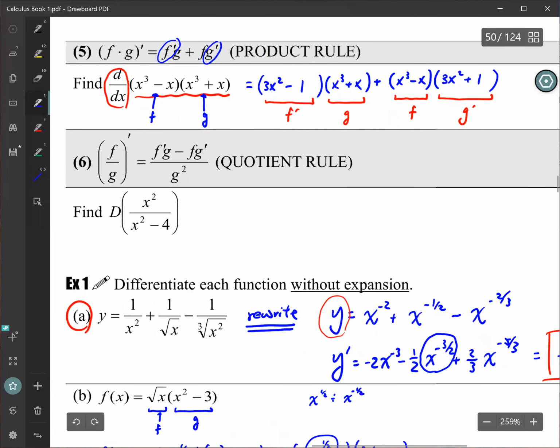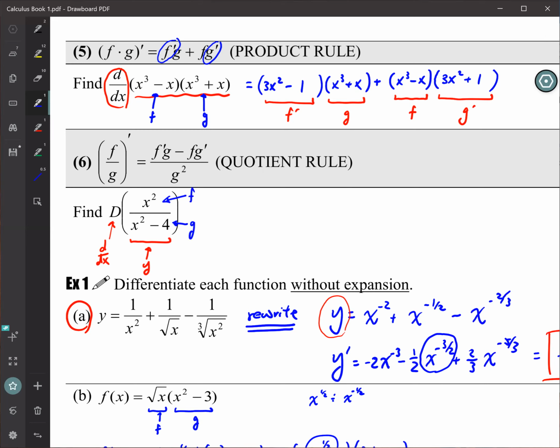Now the example we have here is d bracket, okay? What does d mean? It's just to find the derivative. It's the same as d dx, okay? Find the derivative of our function. So this is the function, okay? So you can look at this as the top is the f, the denominator is the g, okay? So for the derivative of this function, you just apply the formula,